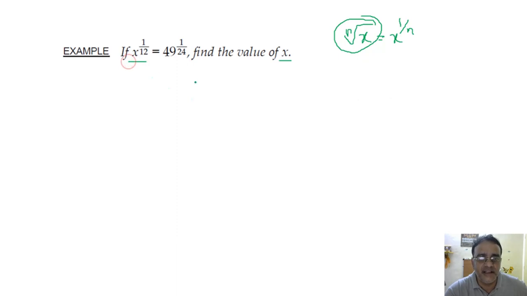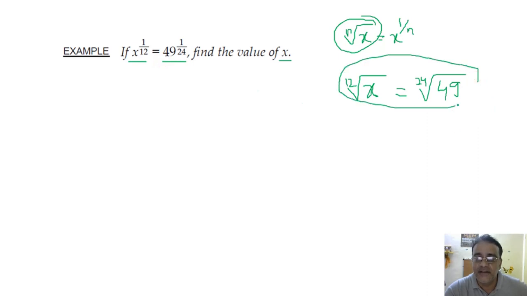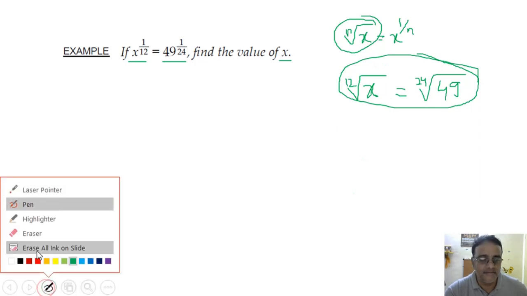इस फॉर्म में नहीं आएगा, nth रूट के फॉर्म में नहीं आएगा. जैसे मैं इस क्वेश्चन को ऐसे भी दे सकता था, देखो ध्यान से, 12th root of x is equal to 24th root of 49. I can't give in this form because now it is deleted. Are you getting my point? Yes, sir. पावर के फॉर्म में आ सकता है, बट इस फॉर्म में नहीं आएगा, क्योंकि ये वाले टॉपिक इस एकेडमिक ईयर के लिए डिलीट हो चुके हैं. Right, I think your doubt is clear. Yes, sir.